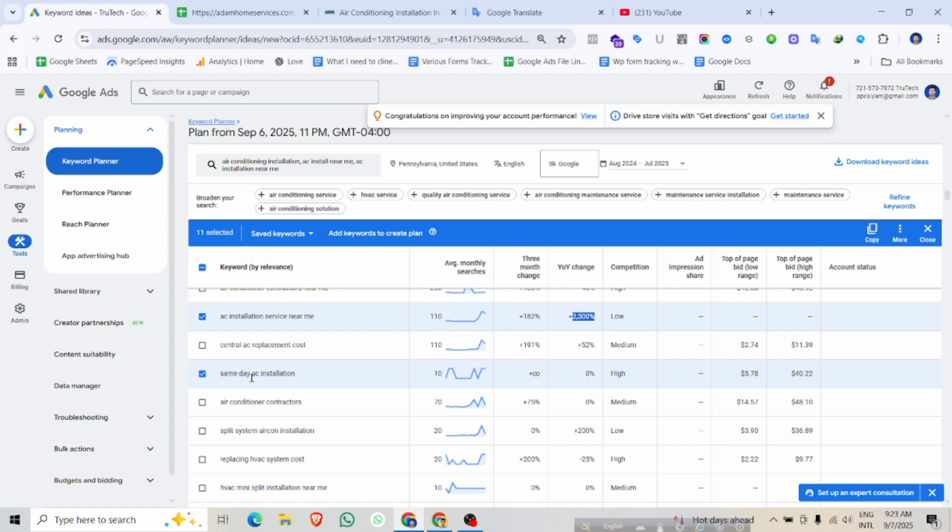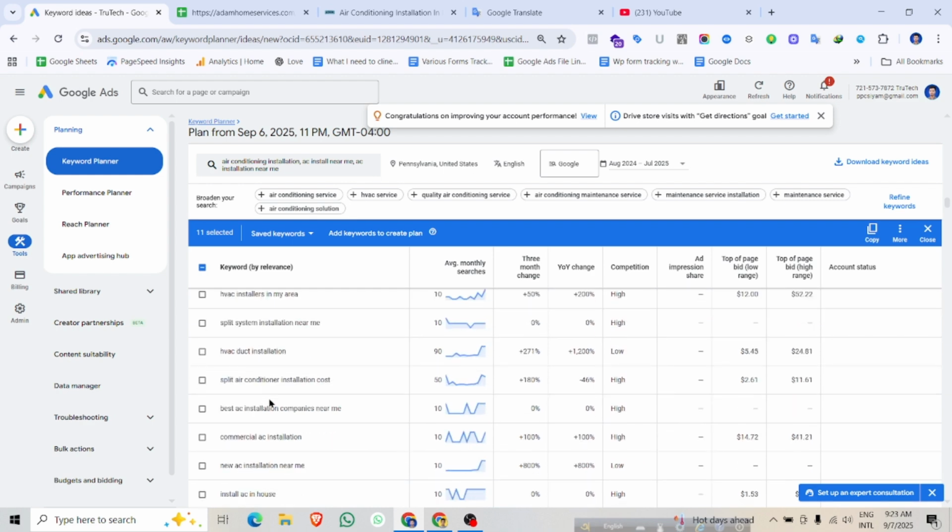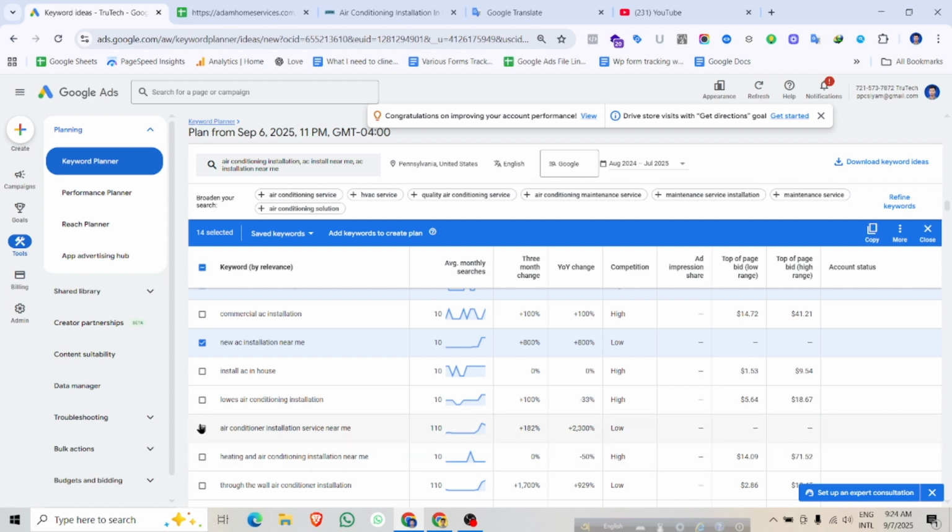When they search this type of keyword, you need to include a call extension in your campaign, then they can call you directly. Okay, now new AC installation near me, this is a best keyword. Best AC installation company near me, HVAC installers in my area, and air conditioning installation service near me, AC install